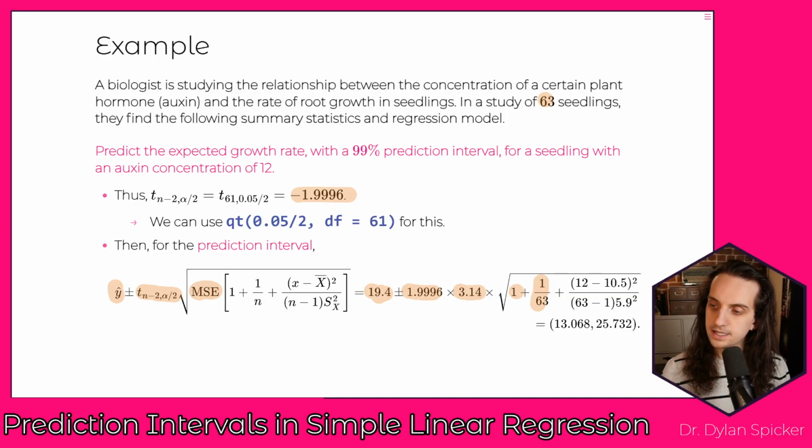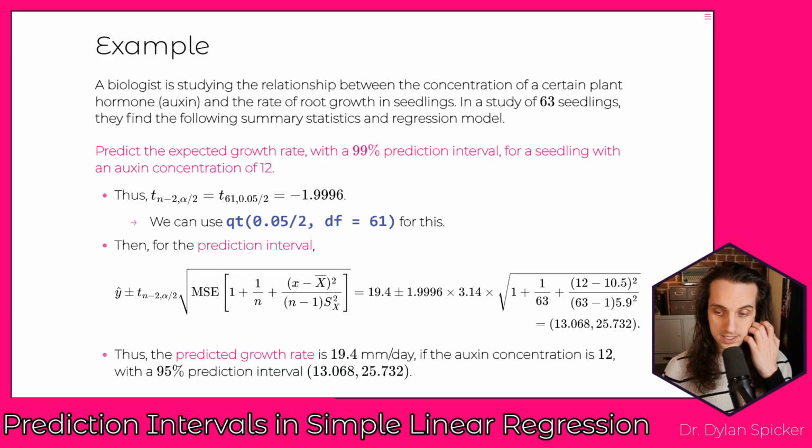Okay, plus 12 is the value we're predicting for, minus the mean squared, and then we take the total sample size minus 1 times that variance there, which is that 5.9 squared. And that gives us this interval here of 13.07 up to 25.73. Okay, and so ultimately what we're saying is that the predicted growth rate is going to be 19.4 millimeters per day. If our concentration is 12, we have a 95% prediction interval of